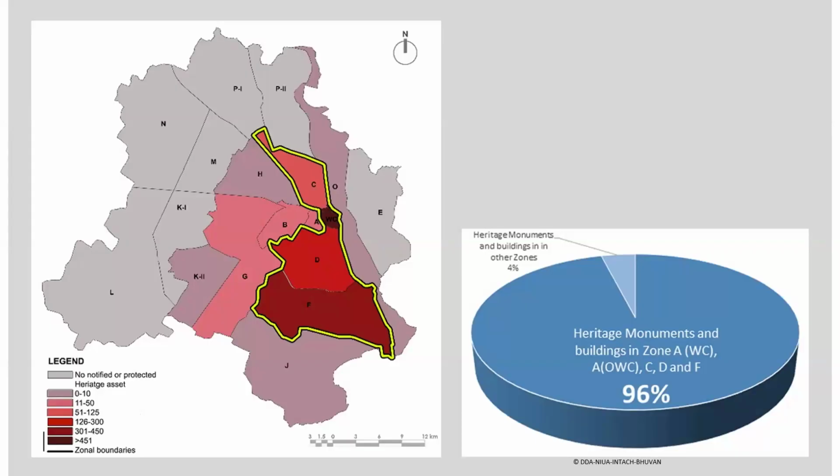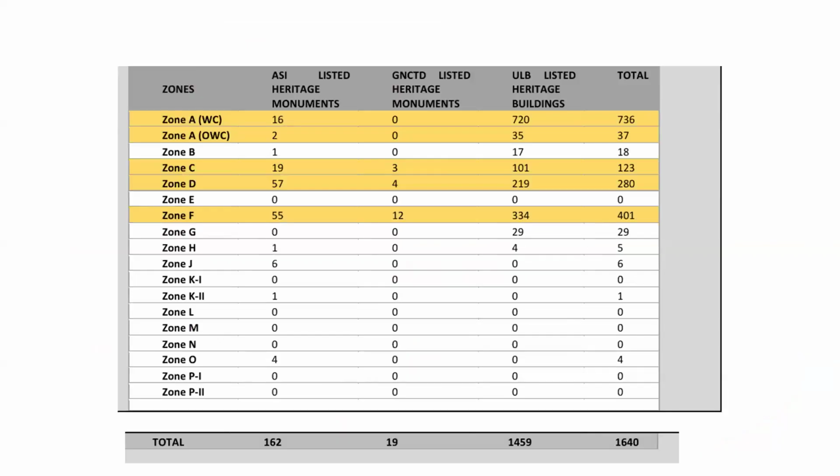So heritage monuments and buildings in other zones is only 44%, and heritage monuments and buildings in zones A, C, and D, as you can see, F as well. F is where the Mehrauli is and the Qutub Minar is. And D is where the Humayun's tomb World Heritage Site is, and A is where the Red Fort is. So all three are UNESCO World Heritage sites. So this is the zone-wise division of listed heritage monuments